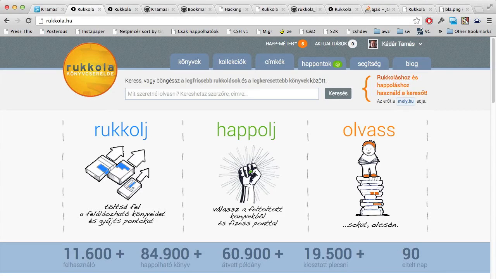Rucola is basically a book sharing service. You upload the books you don't need anymore, the ones you don't want and want to give away, and you get points for that. And for those points, you can grab books from others. How do you upload